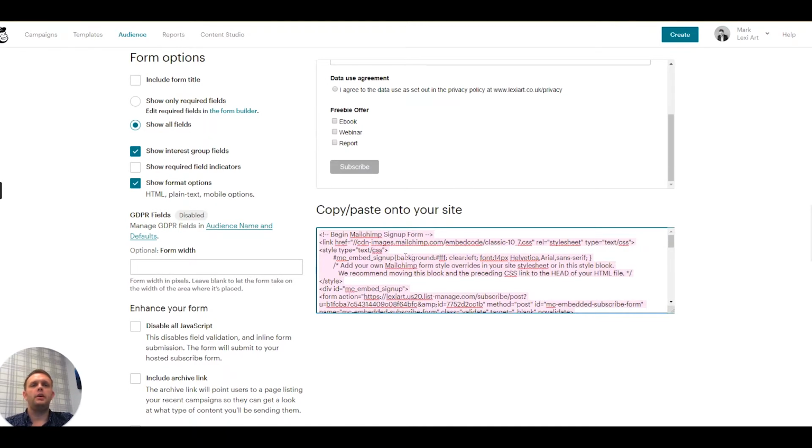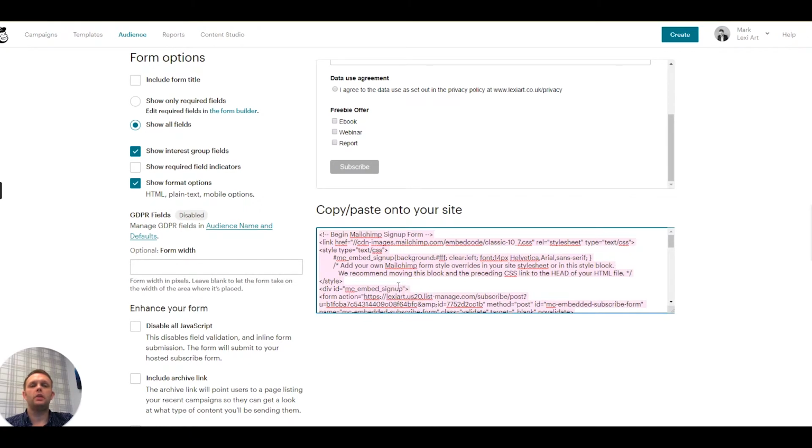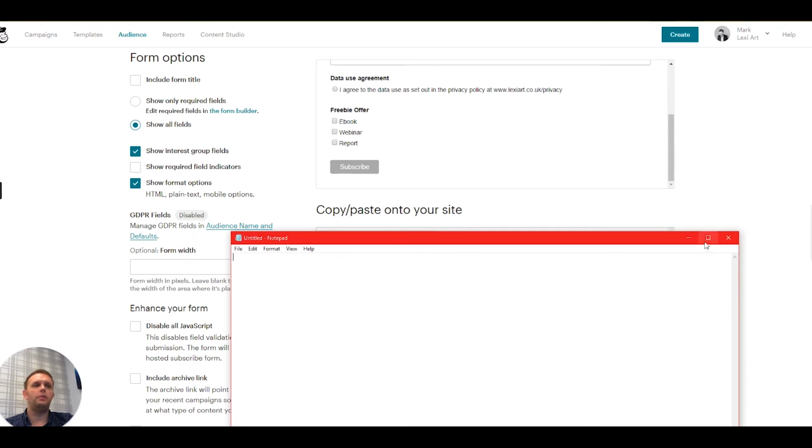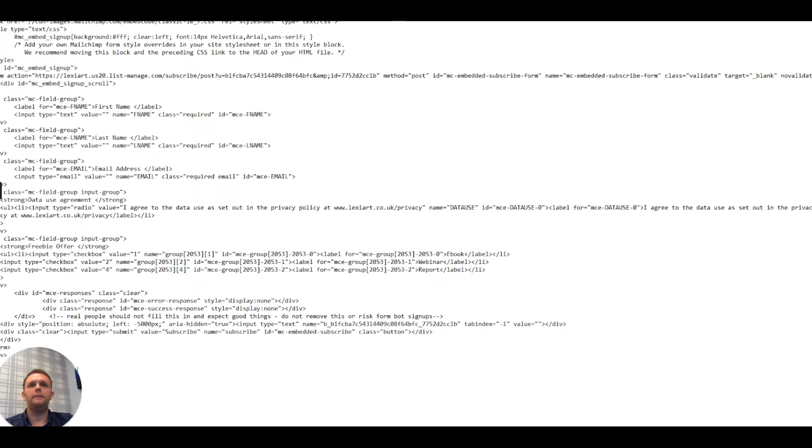This is the HTML code. So we'll right click on that, copy. Okay, that's copied. Now what I'm going to do is I'm just going to open up Notepad so it's easy to show you. Okay, and let's paste the code in here. Now what we need to do is we need to now put a little bit of extra code in here just to hide that group section,